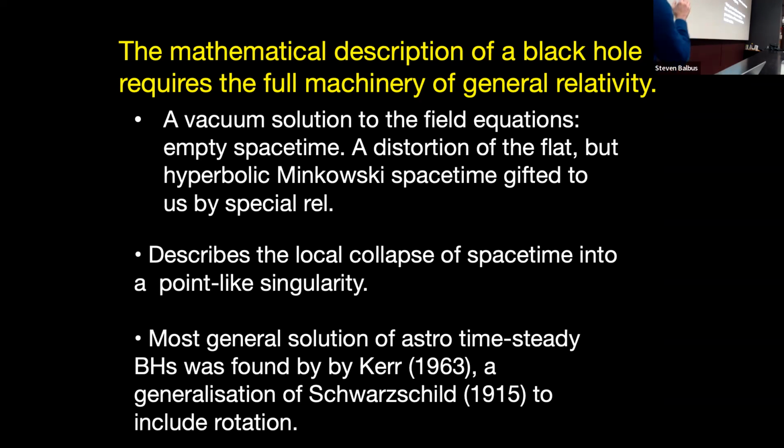Now, the most general solution of this vacuum solution to the Einstein equations was found in 1963 by Roy Kerr, and it's one of those amazing solutions. He seems to have pulled it out of the hat. And there's no easy way to describe it. You can, in retrospect, kind of see where various terms come from, but really it's a magician's act. And what it embodies is both the collapse of